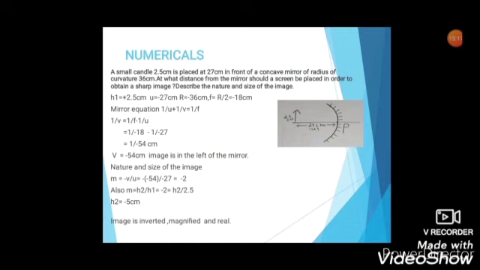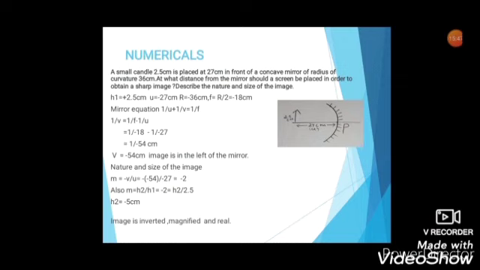Now recall all the image formation that you have done. If the image is formed below the principal axis, it is normally an inverted image, correct? And if it's an inverted image, obviously it will be a real image, correct? So now I got to know the nature and size of the image. From this I've understood that the image formed is a magnified image, that is, an enlarged image compared to the object. The image is inverted and the image is also a real image.